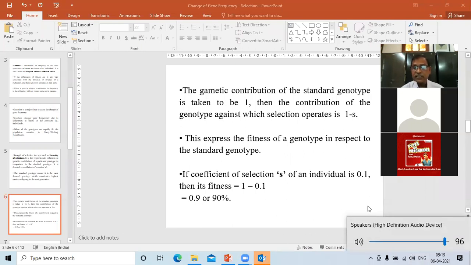Intensity of selection or the strength of selection and the coefficient of selection all are equal. ठीक है ना? जी।